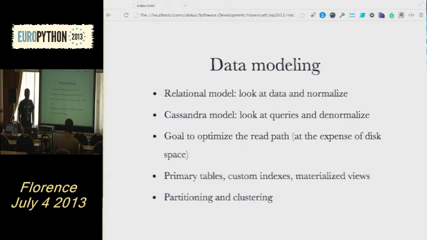I'm sure everybody's familiar with the relational model. Usually you look at the data, you normalize it, try to make it as compact as possible. You don't like to duplicate data. But with Cassandra, it's kind of the opposite. For Cassandra, the query patterns are important. So you think about what kind of queries you need to make, and then you design